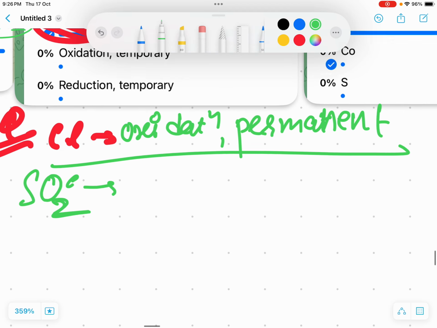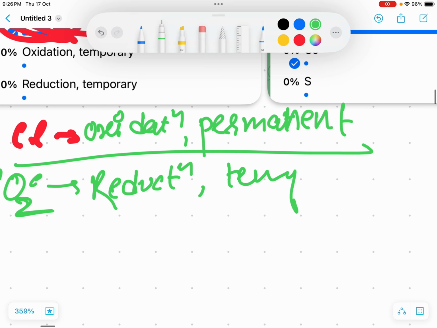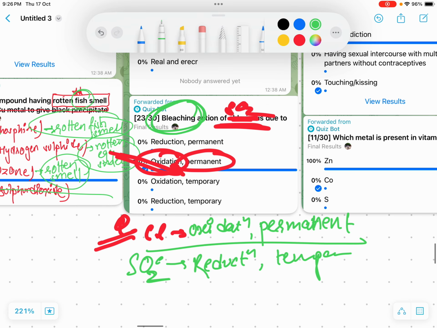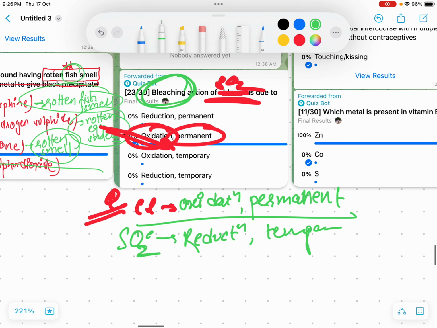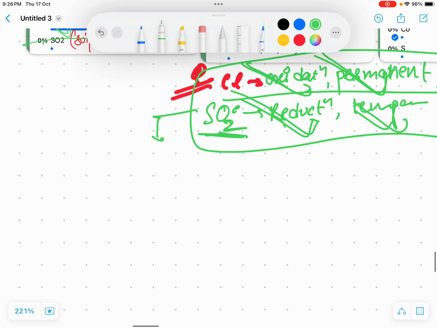अब इस क्वेश्चन में पूछा SO2 का ब्लीचिंग एक्शन कैसा है? अब रिडक्शन और टेम्पोररी। भाई एक बात याद रखनी है। ब्लीचिंग मतलब रंग उतारना। अगर क्वेश्चन में पूछा क्लोरीन का ब्लीचिंग एक्शन कैसा है, तो ऑक्सीडेशन से होगा और परमानेंट होगा। और अगर पूछा SO2 का ब्लीचिंग कैसे होगा, तो रिडक्शन से होगा और टेम्पोररी होगा। याद करना। और दोनों बात में एक कॉमन चीज़ चाहिए ब्लीचिंग के लिए, मॉइस्चर चाहिए।